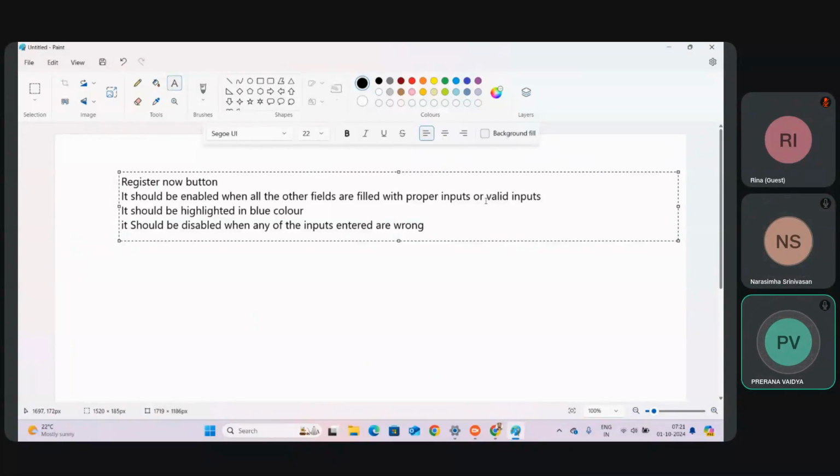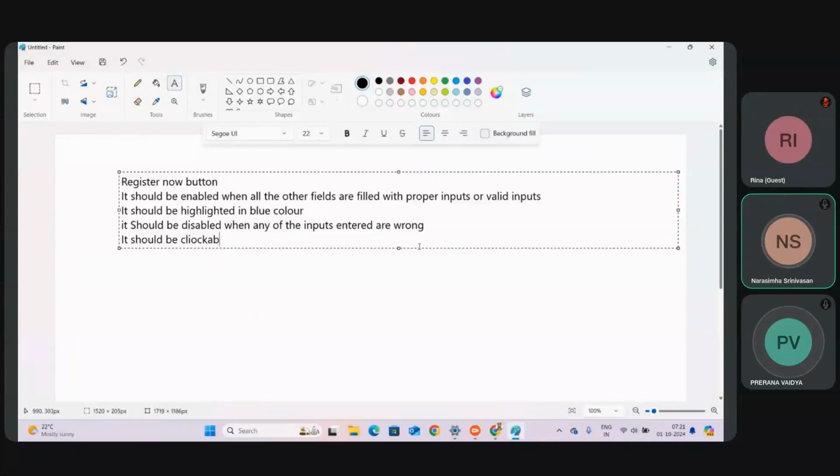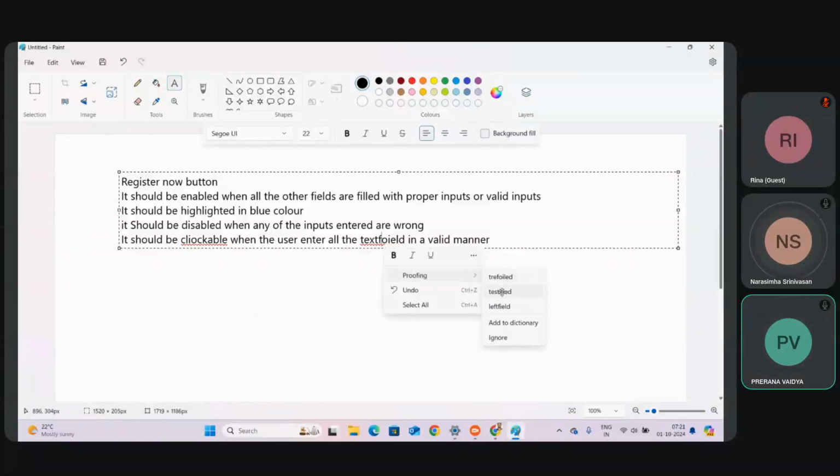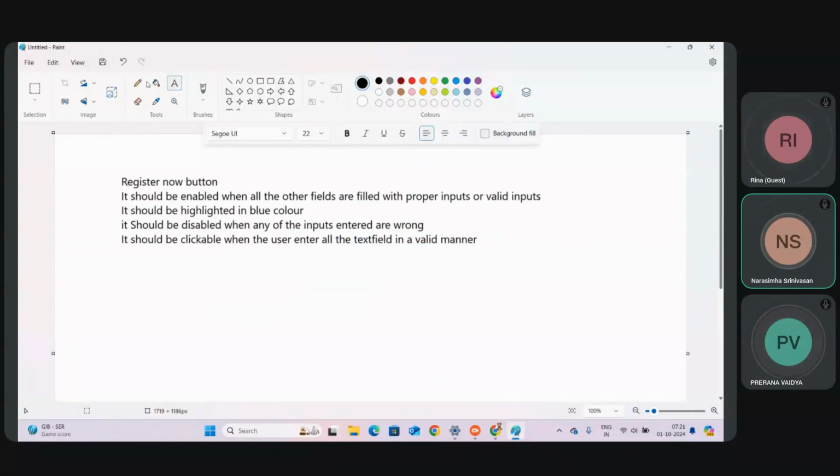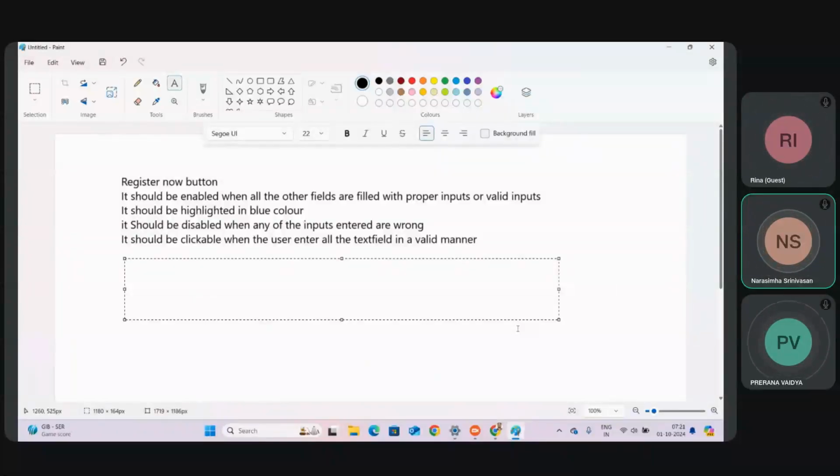And it should be clickable when the user enters all the text fields in a valid manner. So that is what the requirement says. How will you write the scenarios now? I've just taken some requirement. How you can write the scenarios is to check that